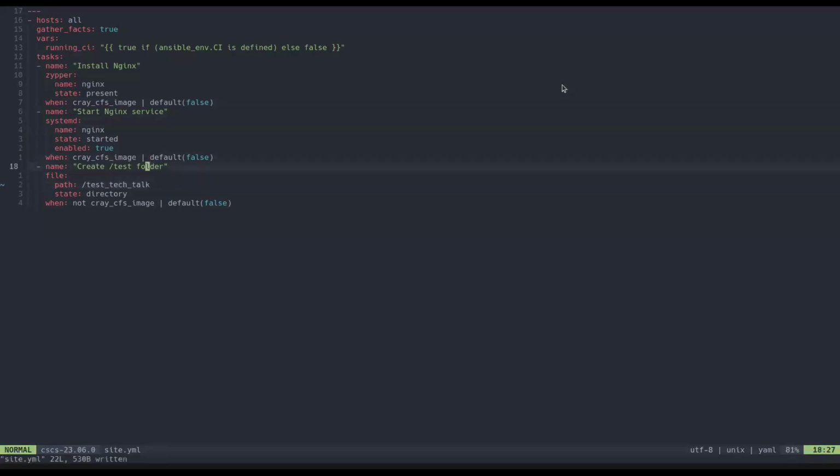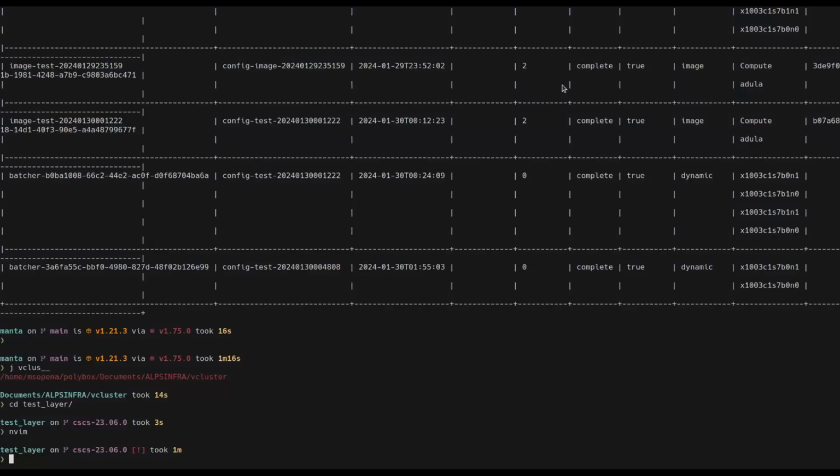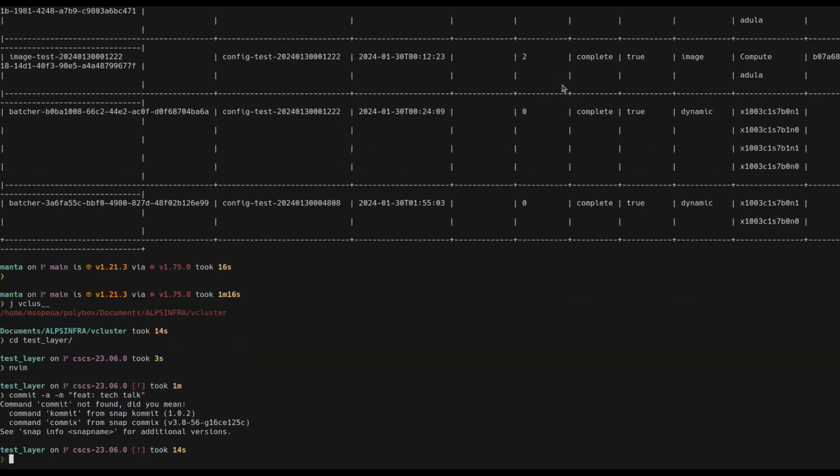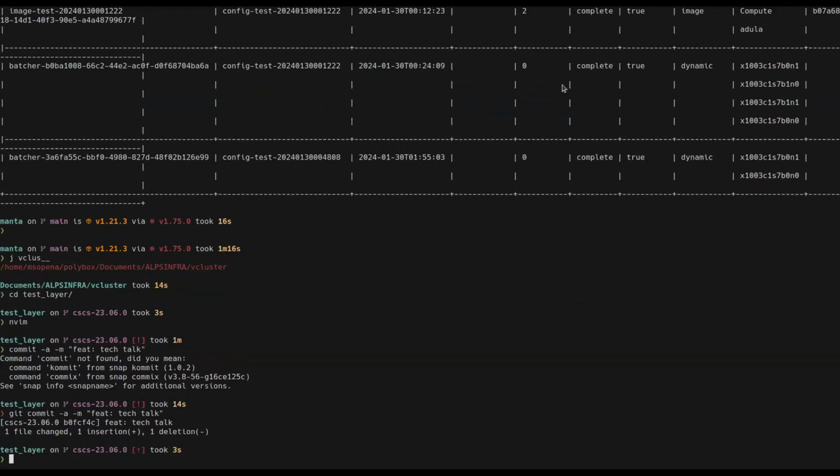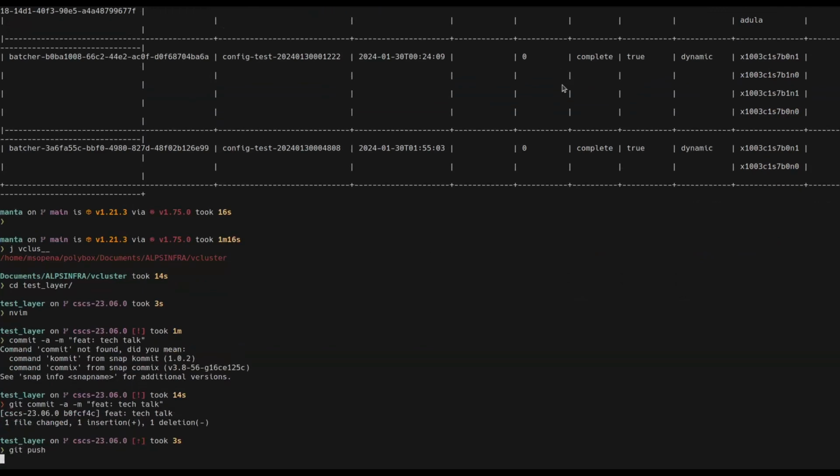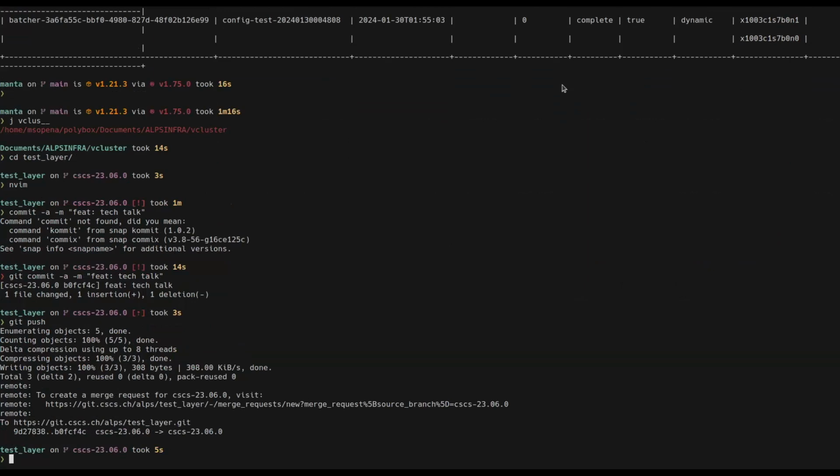So I'm going to just do something. Okay. So I make a change. Now I'm going to commit my changes. Okay, git push. Now what is happening is, you see here, this is my user-facing Git repository. This is not the one from Alps. Okay, so I push into